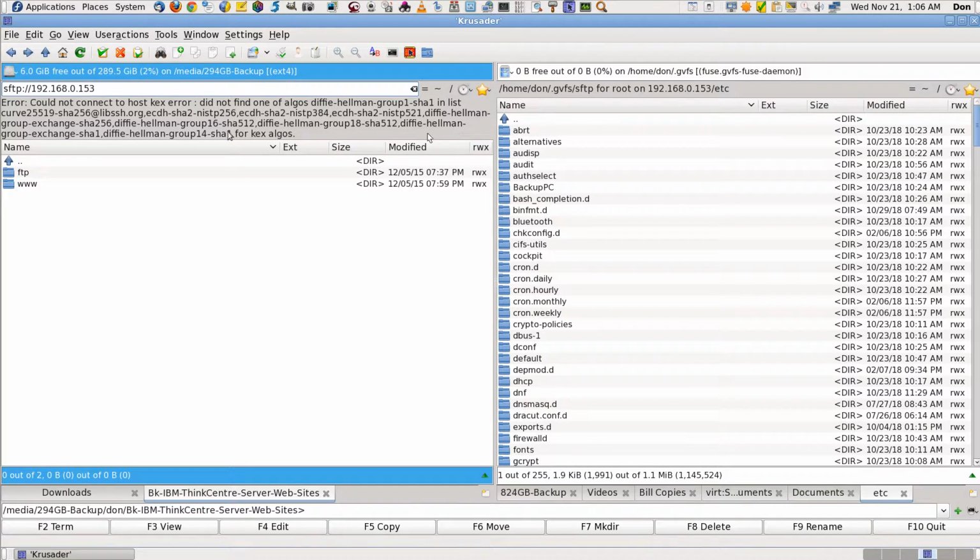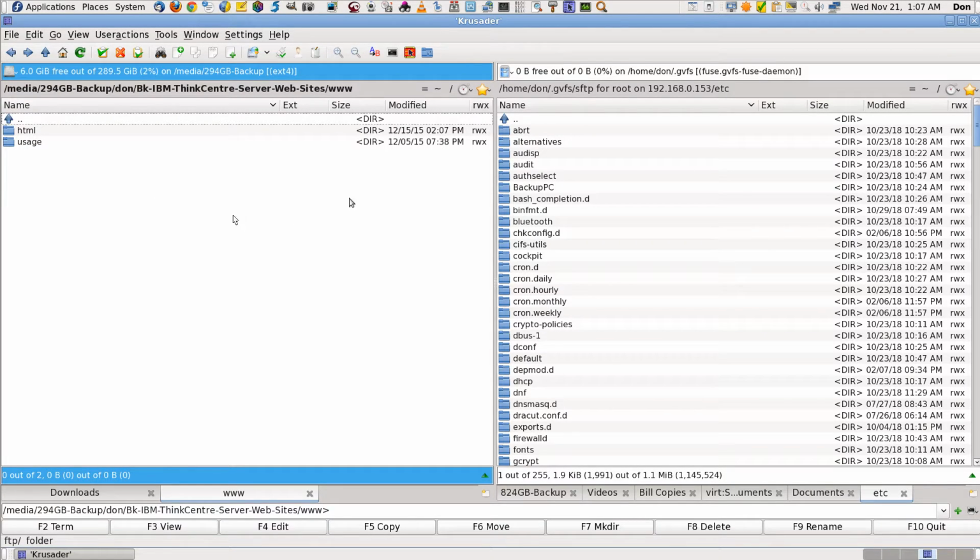Or the newer version of Fedora 28 is not compatible with it. That's not the same old era of the RSA key era. It could be that it's using a key that the older version doesn't recognize. I'll have to find out later. So we'll just get out of there right now. That's my backup of my web server. That's what that is over there. All right, so